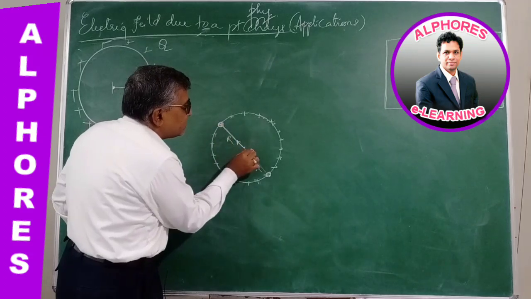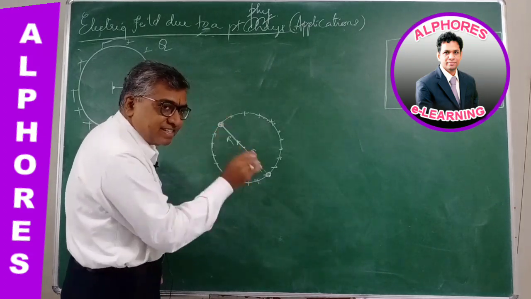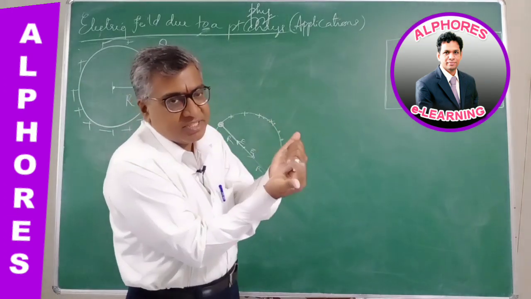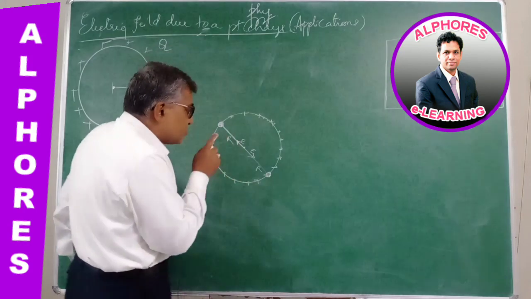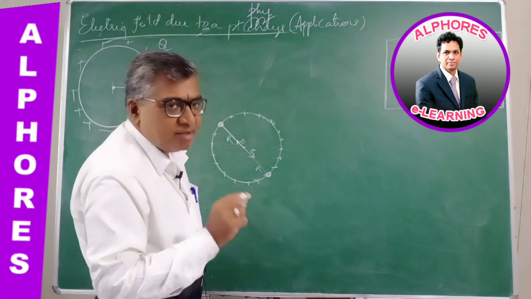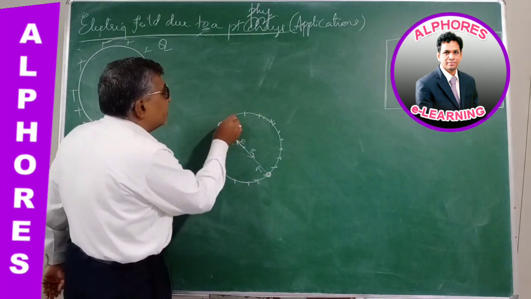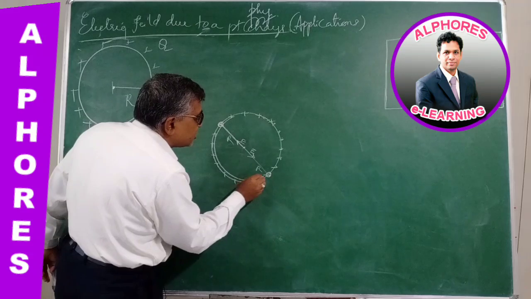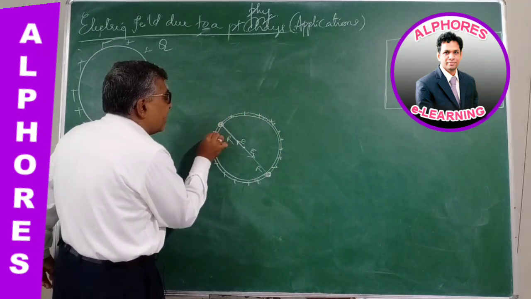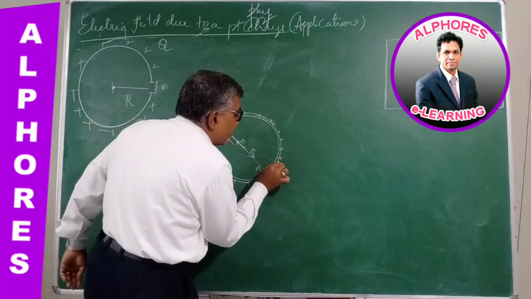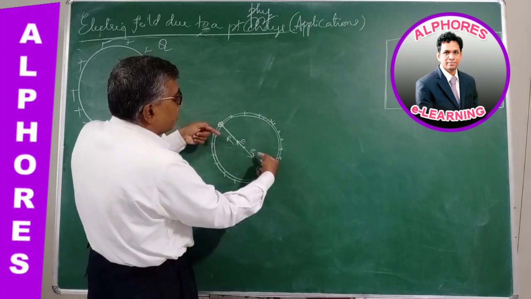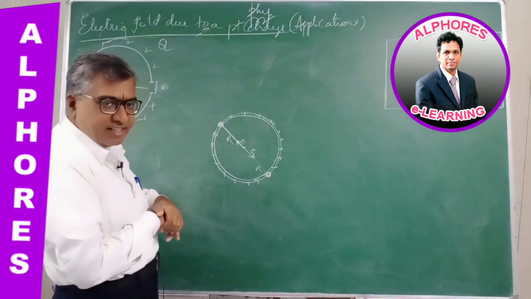So if the field due to this is of magnitude E, then certainly the field due to the other part at this point would be E, and both are equal and opposite. So the net field is cancelled. Similarly, if I imagine point charges by taking small elements on the charged ring, then for every element there would exist a corresponding element at the diametrically opposite point, and both will produce equal and opposite fields. So the net field will be cancelled.